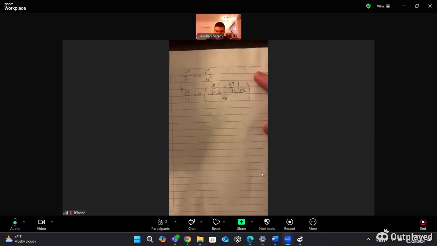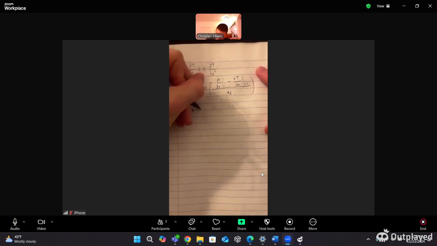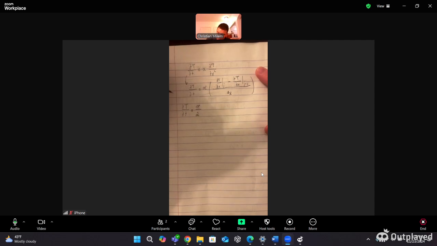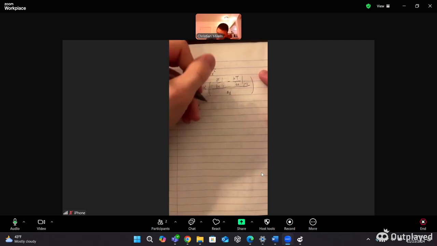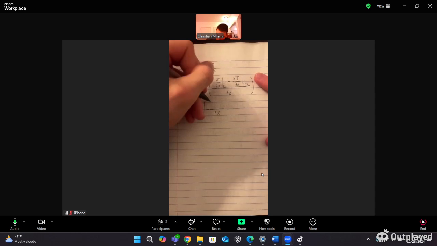But what we can do with the Crank-Nicholson method is we can do the same thing, but we can lose a tiny bit of accuracy. Or actually, I don't know if it's tiny or not. I just know that this is valid. If we take the average of the same thing, but we're also going to include